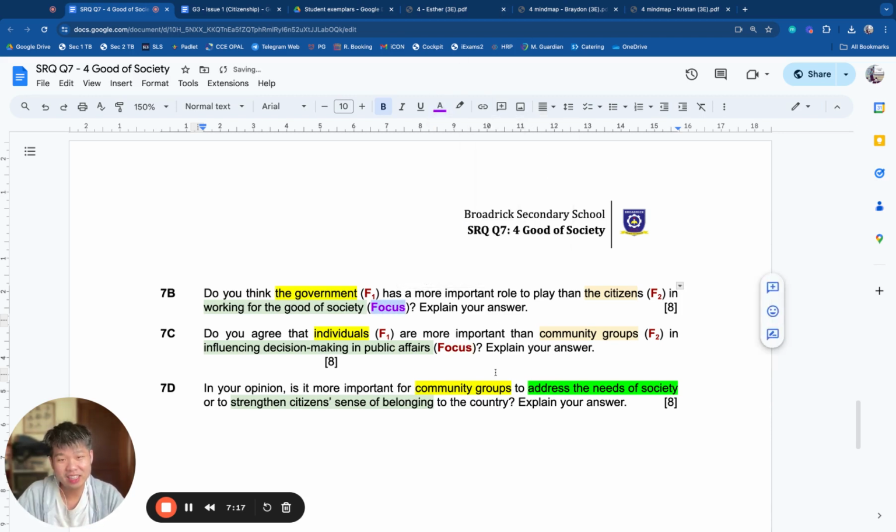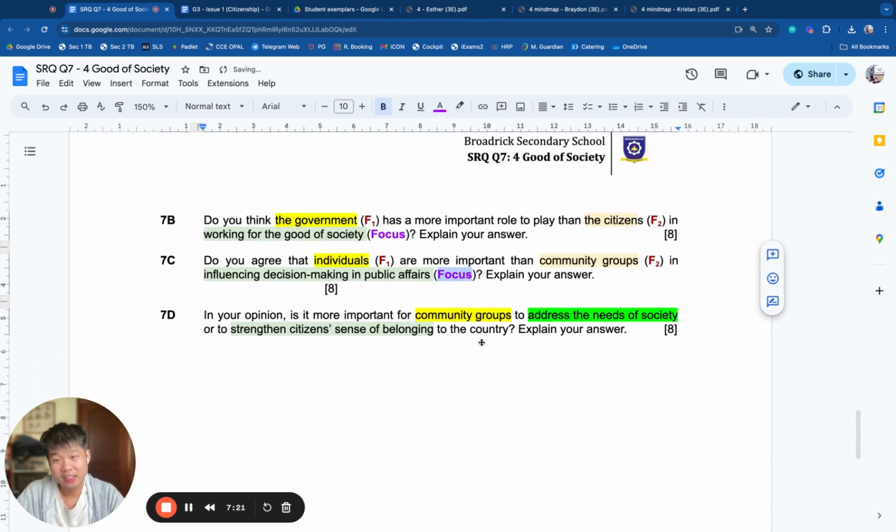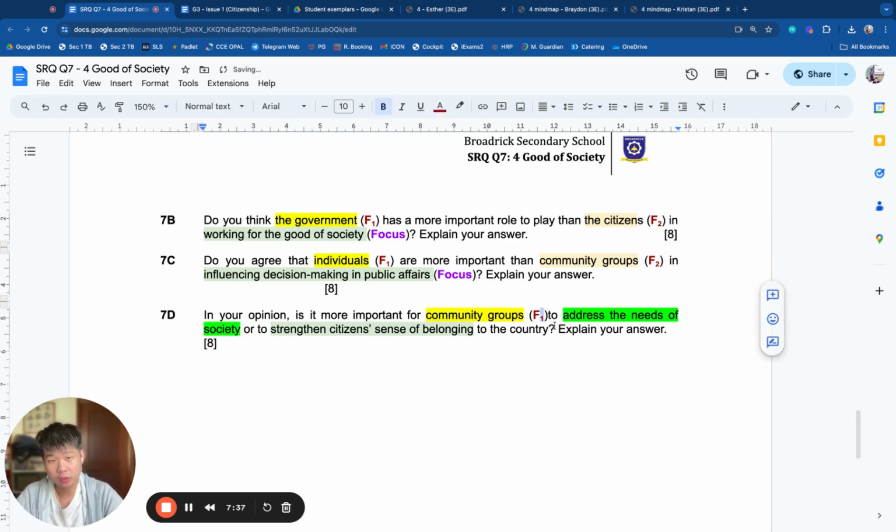So it is 7D, that's a bit weird, and I'm going to spend a bit of time. In your opinion, is it more important for community groups to address the needs of society or to strengthen citizens' sense of belonging to the country? This question is interesting. It's very interesting because this is the first time I've given you a question where there is the factor